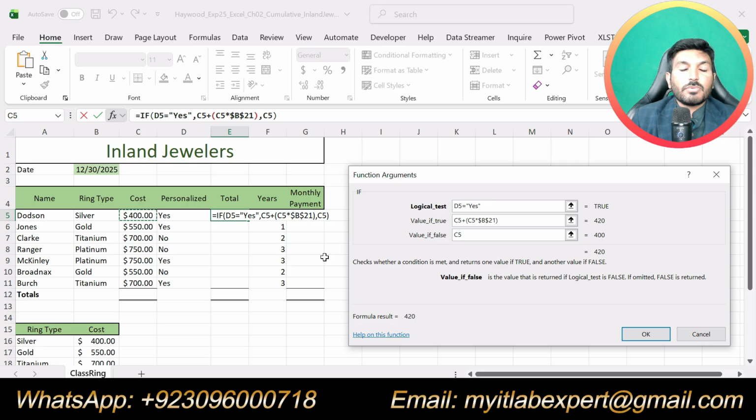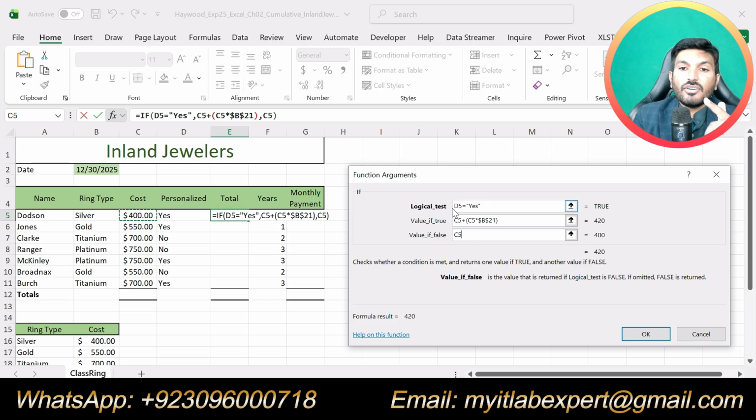So let me explain this function again. We are using an if function to calculate the total due, and our logical test is that we check whether the student has chosen to personalize the ring or not.